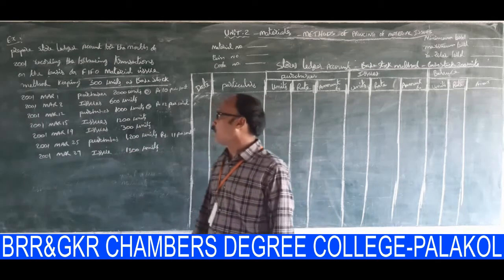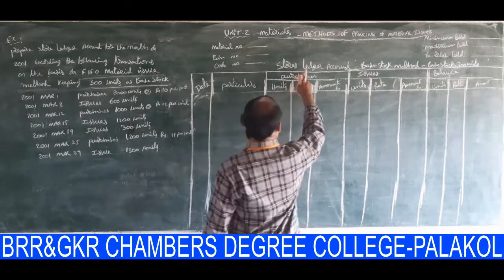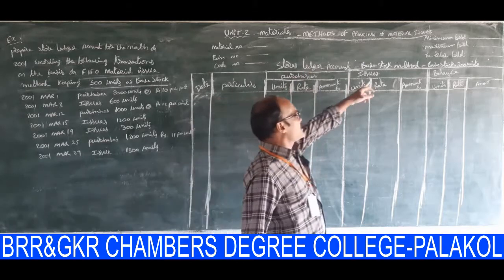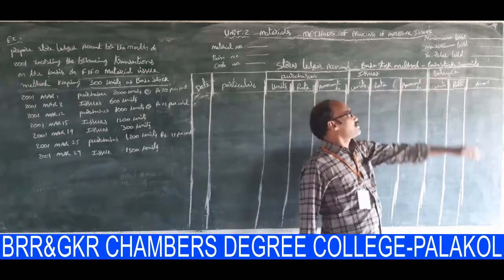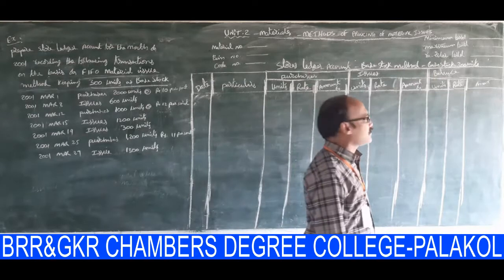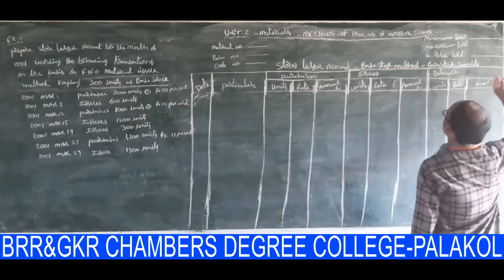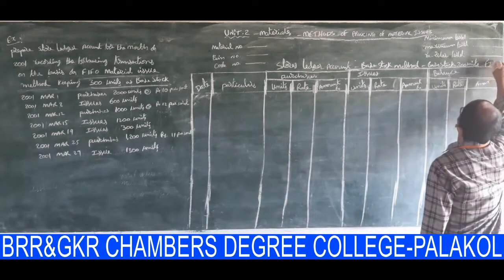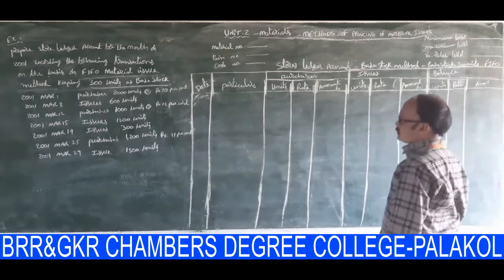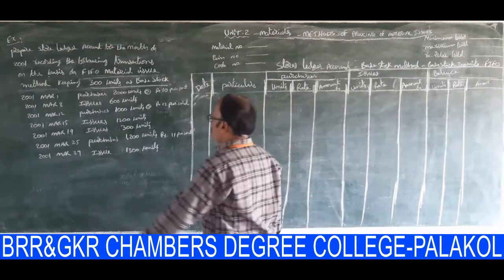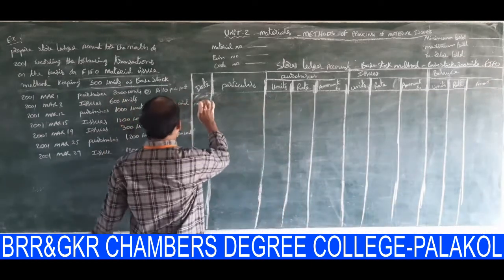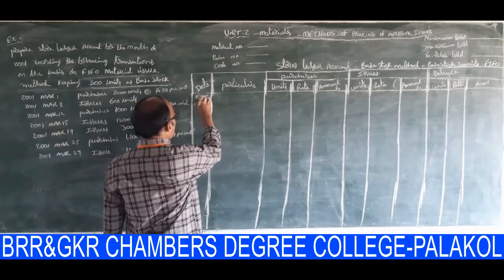Okay, let us see the answer. It is the Stores Ledger account, base stock method. Base stock FIFO, base stock 300 units, base stock under FIFO, first in first out. That means, look at the first transaction.